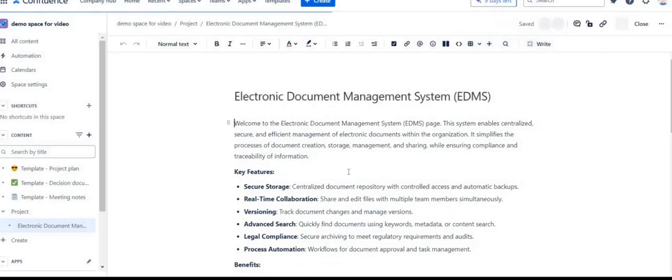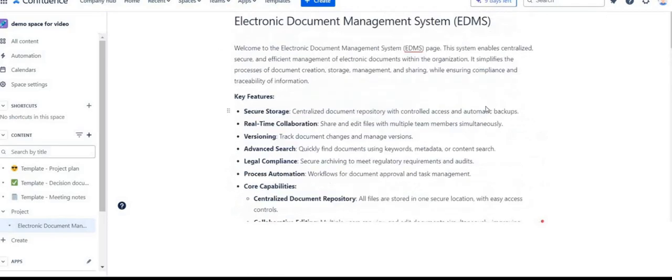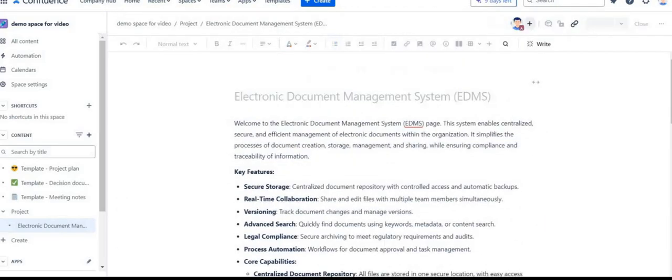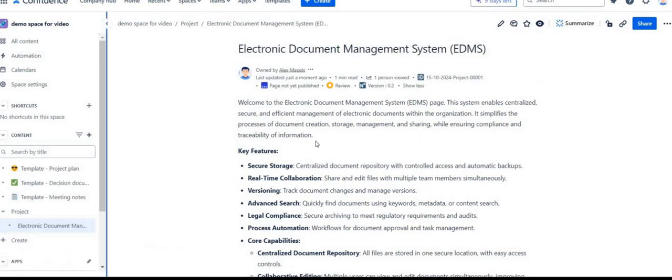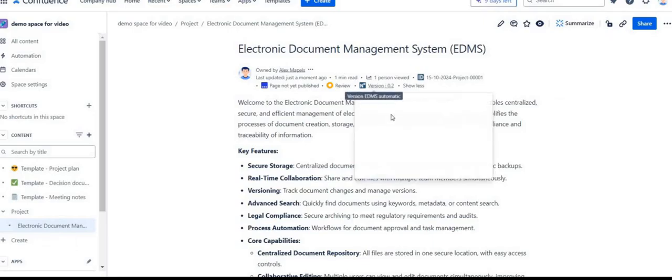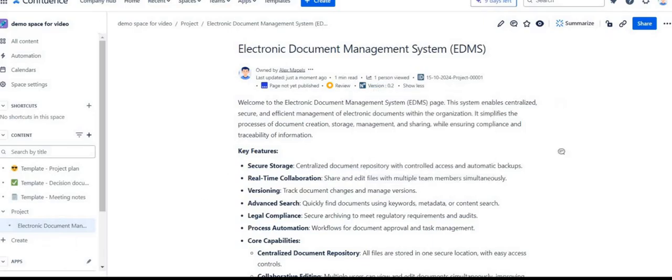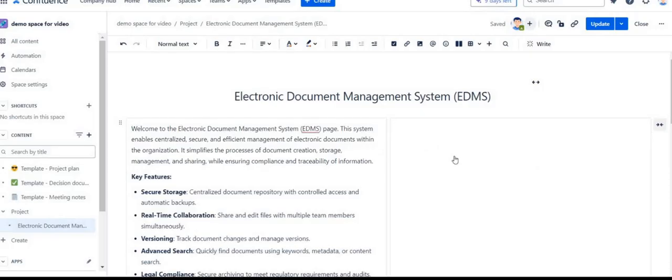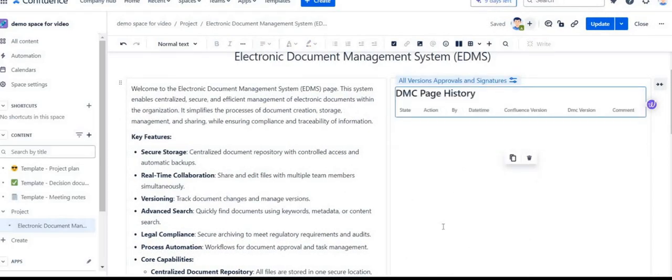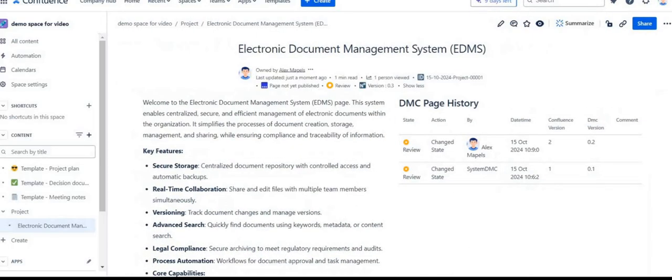Now, each time a modification is made to the page, whether it's minor or major, the page version automatically increments. For example, in this case, the version increments by 0.1, as specified in the configuration settings of the space. To track all the actions taken on this DMC page, there's a macro called all versions. This macro displays a table of all actions and version history, along with the names of the users who performed